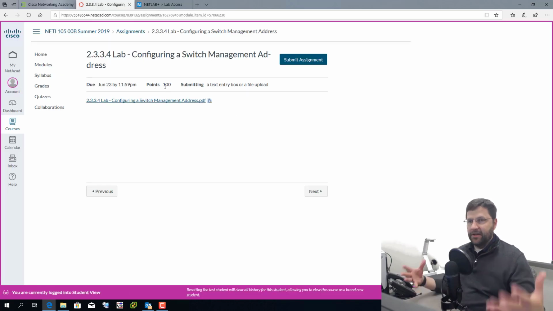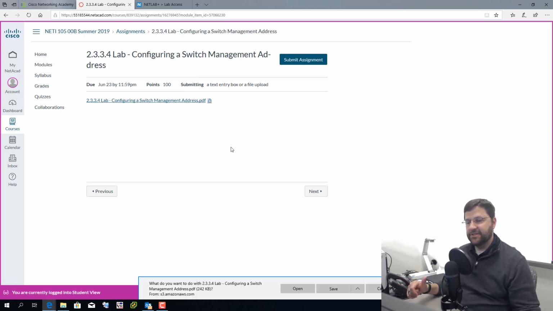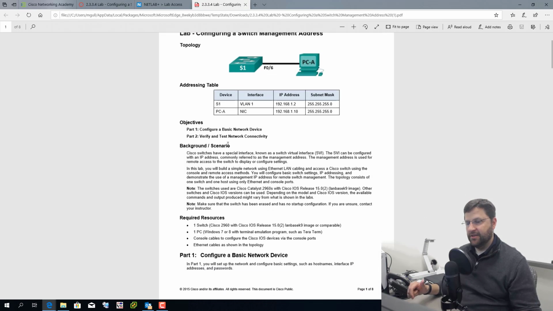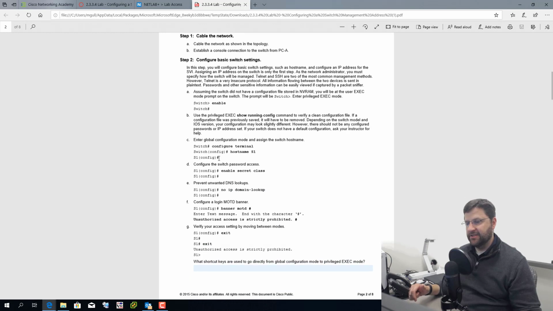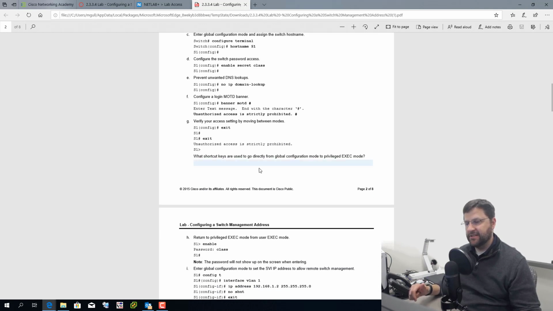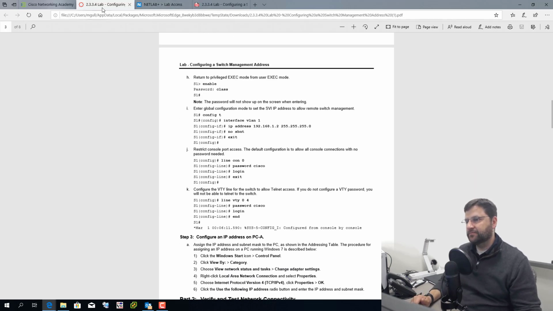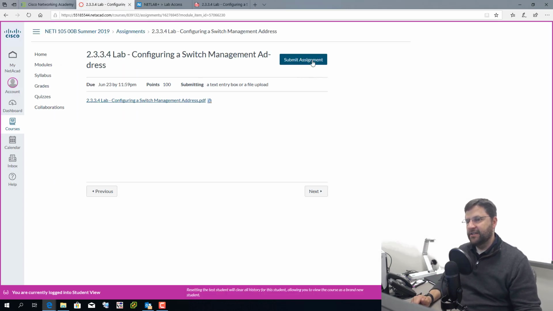So with the lab, again, the labs are going to be very similar to the way we do packet tracers. Obviously, this time there's only a PDF, which has the instructions, and room for me to fill in my answers. So this has instructions, things that I'm going to type into these devices, and a place for me to type in answers to the questions. You're going to save the PDF, and then submit the assignment exactly the way you did with the packet tracer.